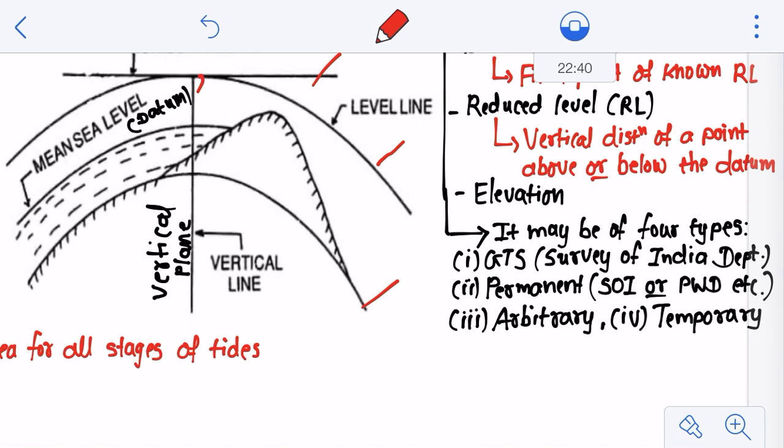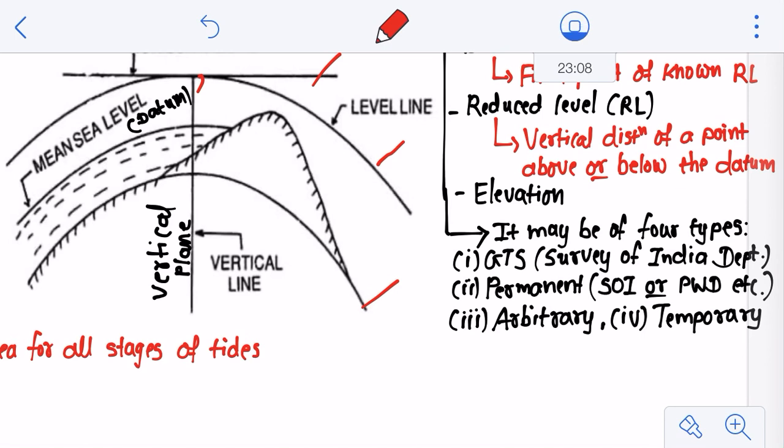Say if you are working in some area and a GTS benchmark is available in a nearby area, you won't consider some other reference, but you will directly consider that GTS as your benchmark to define the elevations of different points. However, if you are working in such a scattered or isolated area where this GTS benchmark is not available in your vicinity, then what do you need to do? One has to go for some more benchmarks for convenience, and